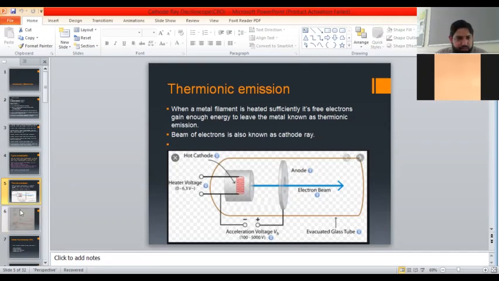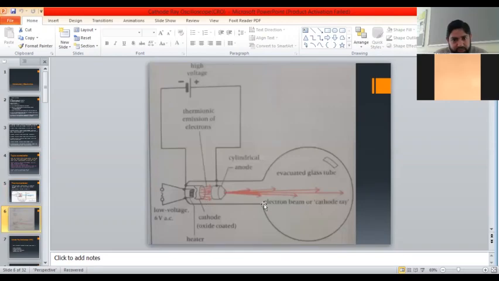Let me explain with this diagram. It could be more clear in this diagram. What do we have here? We have a glass tube. This diagram is from some initial experiments. This is a circuit which has a heater in it, so it's providing thermal energy. Then we have another circuit. These are two electrodes connected to another, high voltage battery. The electrode connected to the negative terminal, I'm calling a cathode, and the electrode connected to the positive terminal is an anode.